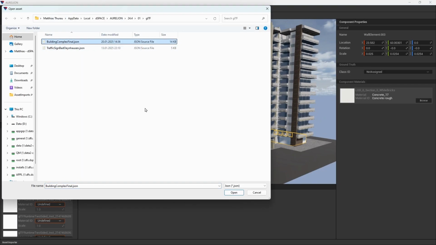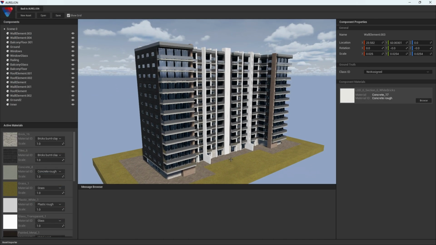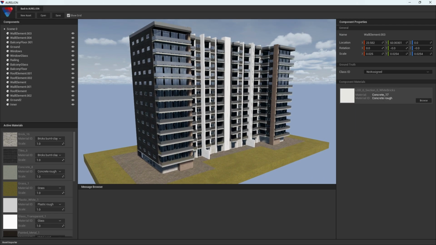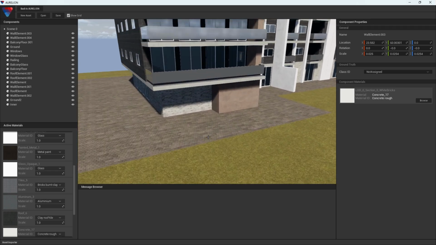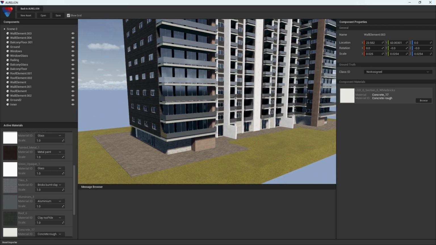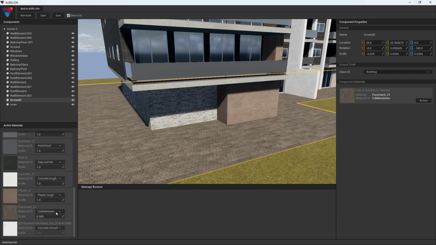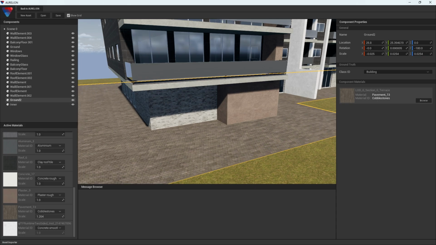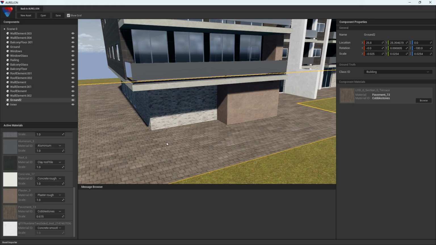But let me open one I did before. So here you see I did a lot of changes already. Whenever I save or load the asset, it will get to the place where it was before. So here you see all the materials are set up correctly. By the way, I can also click on a material, let me select it on the left side. And now I can change the scale, because the UV coordinates of your mesh may not fit to the DSpace material library. And this way you can scale the material afterwards.